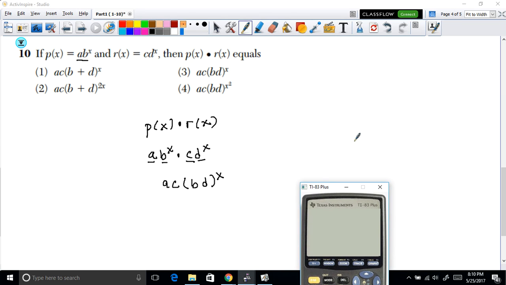Now, why is this true? Because if we have bd to the x, this x can be distributed to both of them. And now you have b to the x times d to the x, which is exactly what we have here if we were to multiply. So that's why we are able to rewrite it in this form. And if we look at the options that we've been given here, we can see that the correct option is option 3. So this concludes part 1